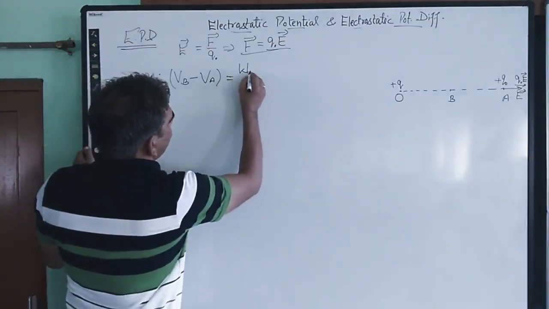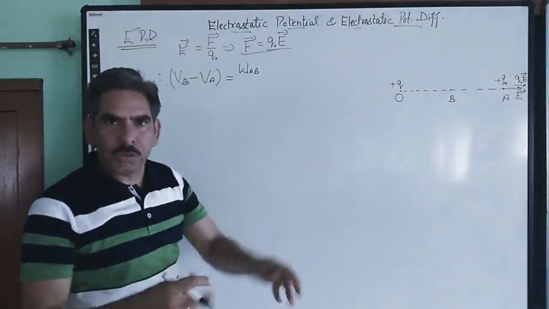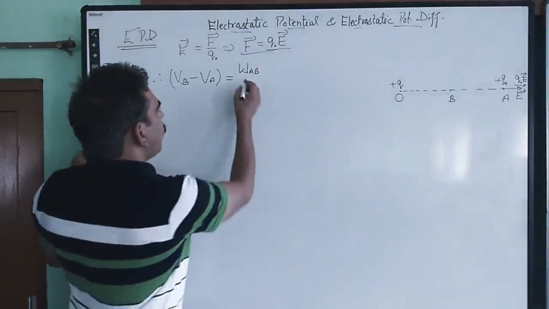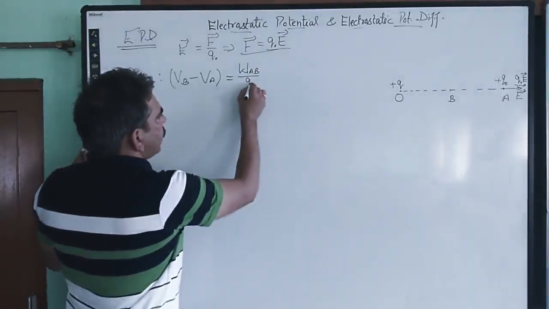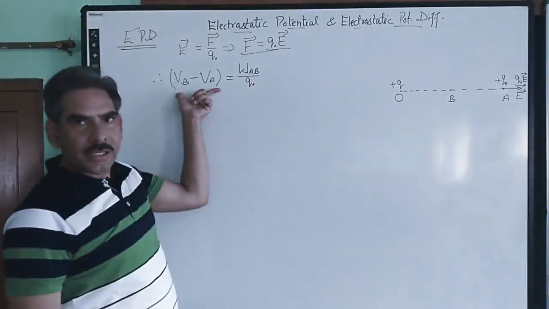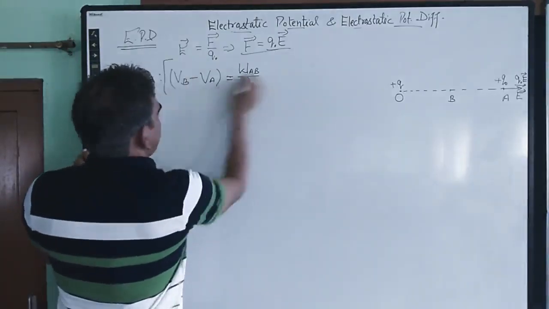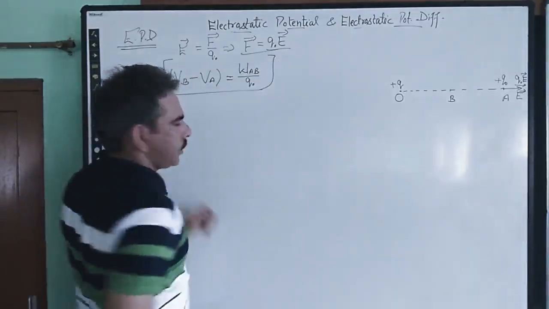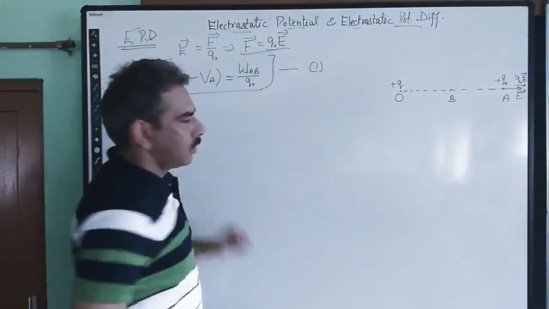If WAB is the total amount of work done on the given charge q naught, howsoever small it may be, then work done on unit positive charge is given by total amount of work done per unit q naught. So that makes the electric potential difference. So this is the expression that we have to calculate. Let me call it equation number 1.